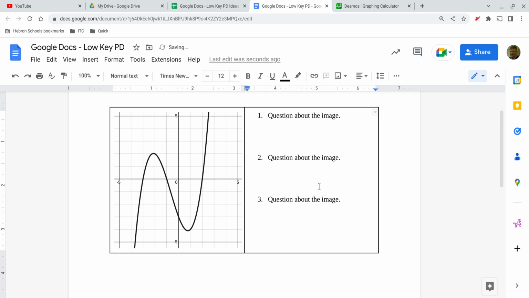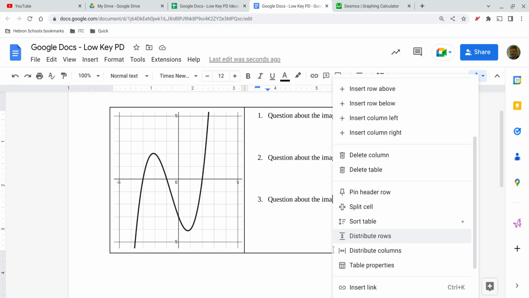All right, so I have this graph, and I want to ask a couple questions about this graph on a test. You might be thinking to yourself, well, that's fine, but I don't really like the black lines, the border for the table. Well, one of the things you can do with this is when you two-finger tap or right-click, if you go to Table Properties,